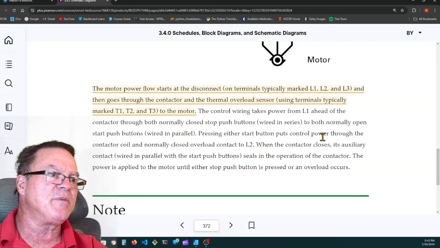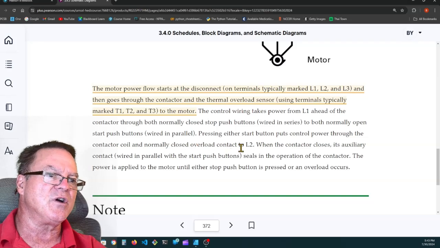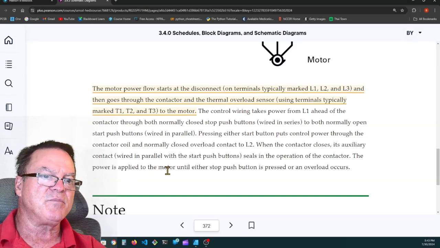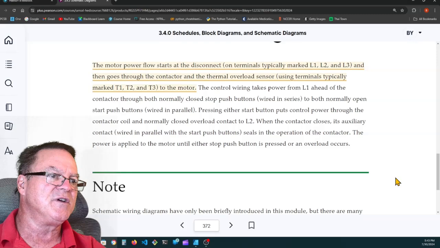Pressing either start button puts control power through the contactor coil and normally closed overload contactor to L2. When the contactor closes, its auxiliary contact, wired in parallel with the start push button, seals in the operation of the contactor. The power is applied to the motor until either stop push button is pressed, or an